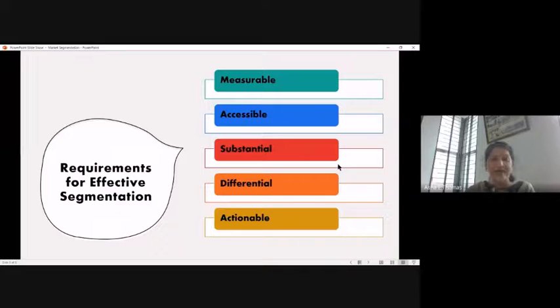And the last one is actionable. The actionable is very much related to accessible. Actionable is, I have a plan. I have a very good, excellent way of presenting. But the problem here is my plan may not be applicable in the present condition. There can be a different reason for that, for example, some cultural or religious restrictions, or there is a demand, there is a market, and I can